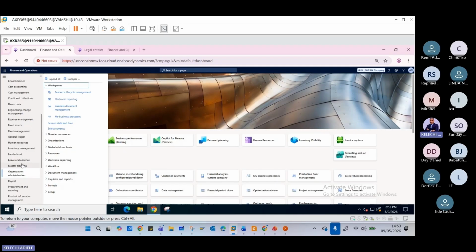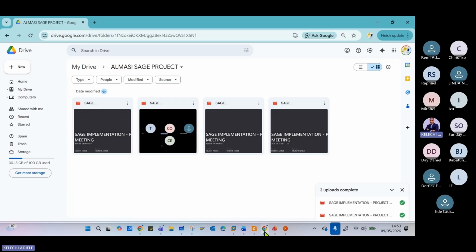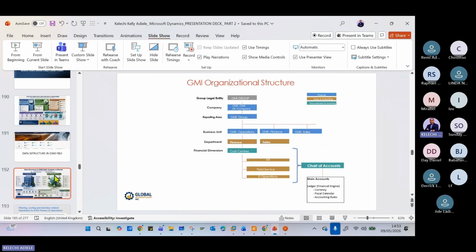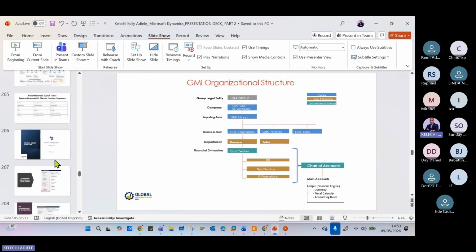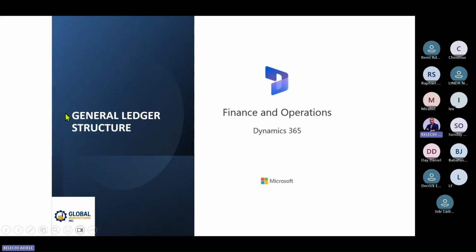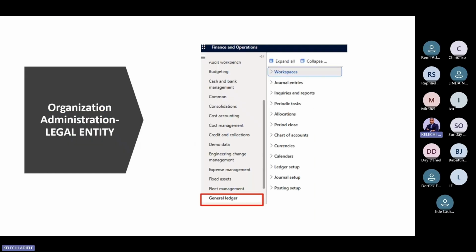The next thing now is to start picking what we call the general ledgers, to start looking at processes. Once we're done with this and our number sequence, we go to the big one, which is the GL. I'll leave this class for next weekend because this is the foundation of Dynamics and finance and operations. And it is important we understand it and we don't rush through it. By GL, it's tied to part of the organizational setup, but